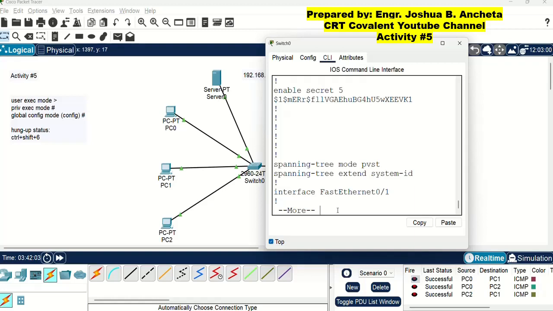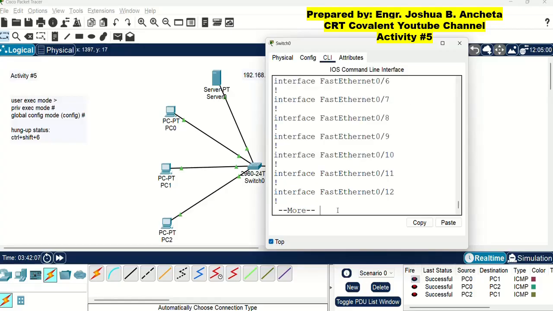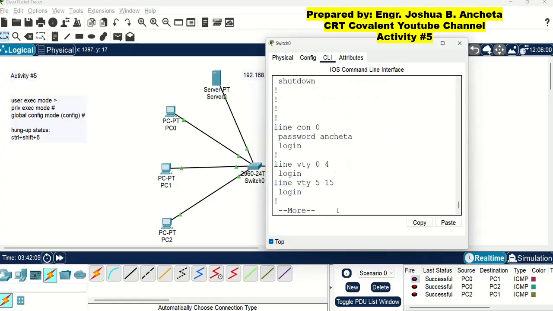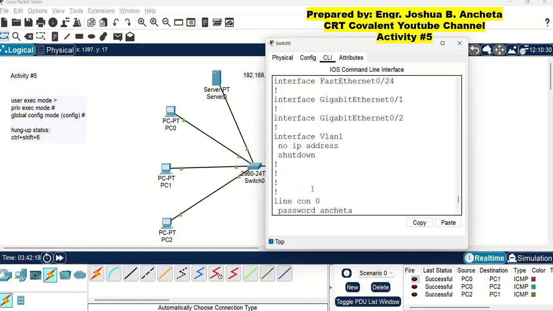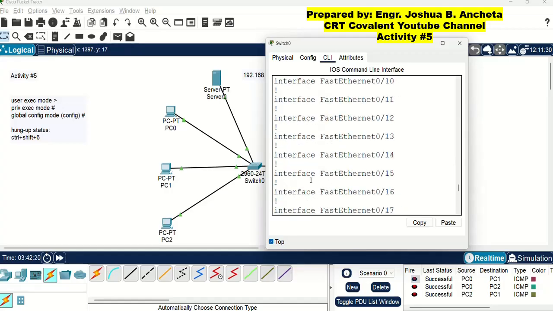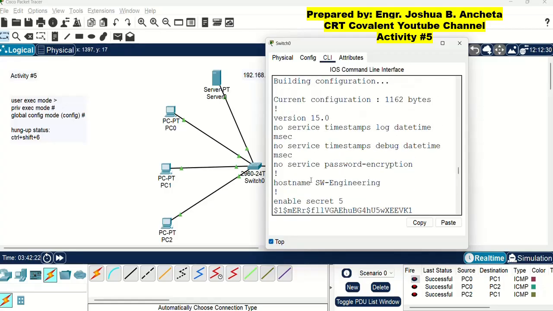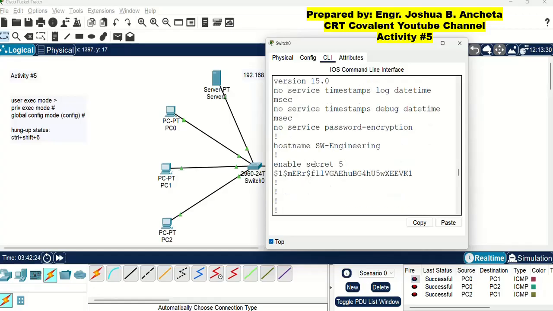But if you press the space bar, you can go easily to the last line of the output. This show running-config command will show the previous activity done in the CLI.